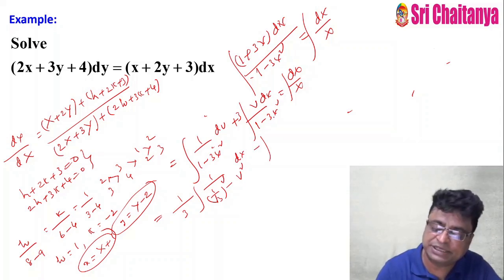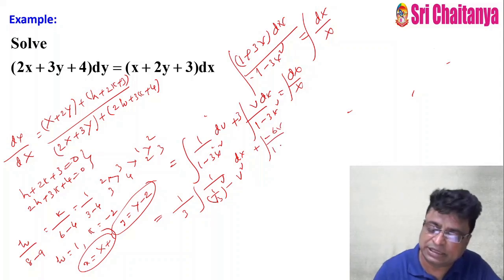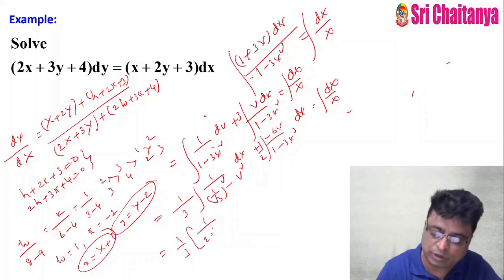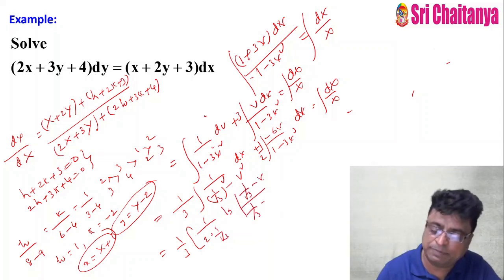This is after differentiation, you can get this as a 6v. So minus 6v by 1 minus 3v square. Of course, I am multiplying with 1 by 2 dv equal to integration dx by x. So this is 1 by 3 into 1 by a, 1 by 2a. That means 1 by 2 into 1 by root 3 log mod 1 by root 3 minus v by 1 by root 3 plus v,